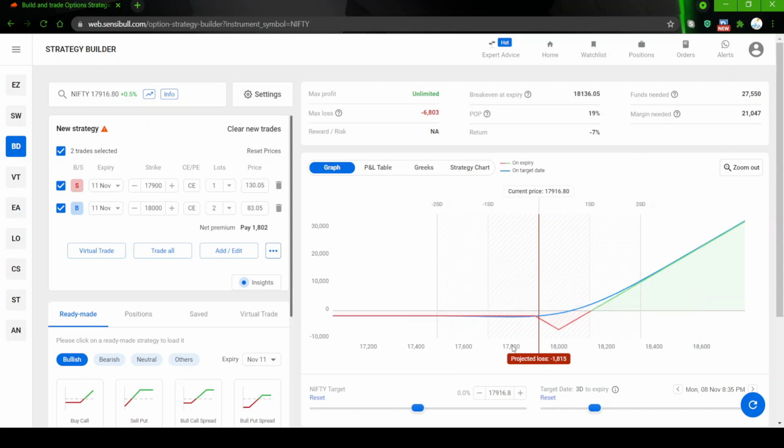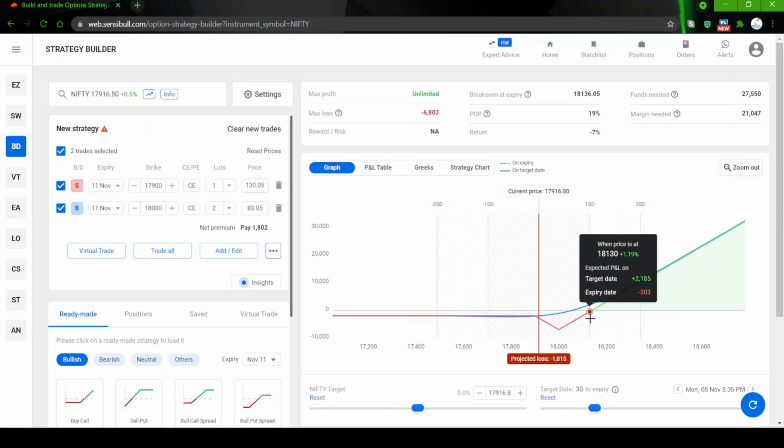So this is one scenario where it is a debit strategy, where you are protected by whatever premium is paid. That is only what you are going to lose on the downside. On the upside, with a slight move up to the point where your buy strike is, you are going to have a maximum loss. Then, if it starts moving up, your loss is getting reduced, and after the break even of 18,140, you will start getting the good profit.